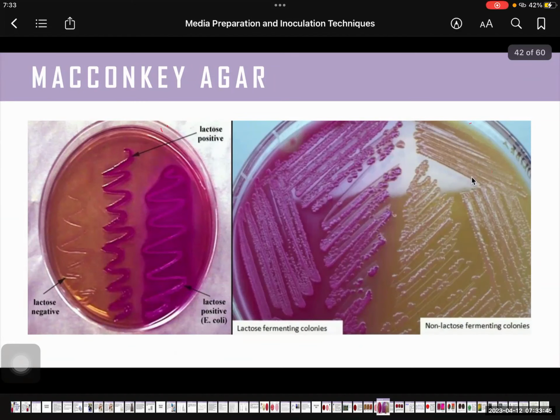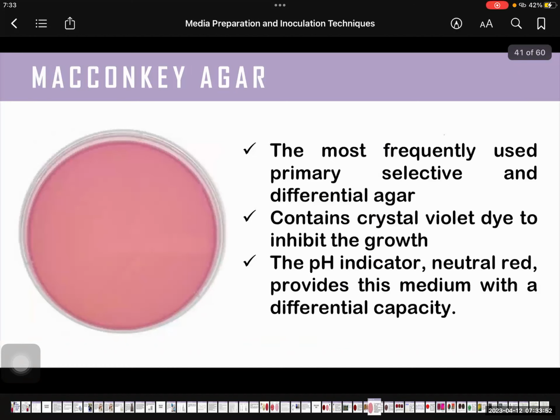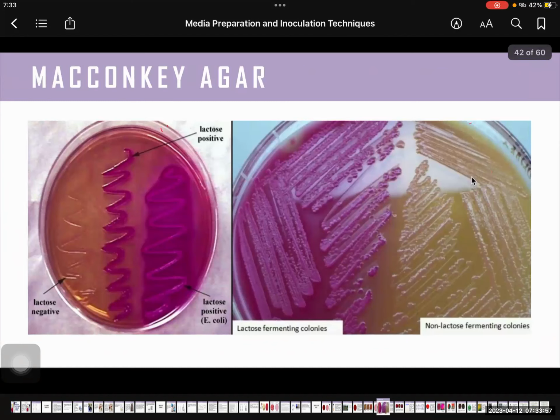Or why is it we're able to observe this kind of reaction? Because of the pH indicator, which is neutral red. As I've mentioned, if there is a pH indicator or color indicator, there would be a change in color depending on the pH of the culture media or the environment. When lactose is fermented, it leads to the production of acids. Any sugar or any carbohydrate, if they are fermented, this leads to the production of acids or acid